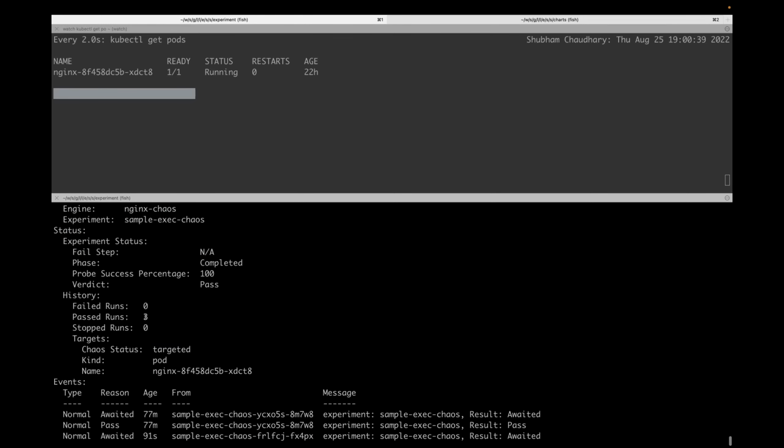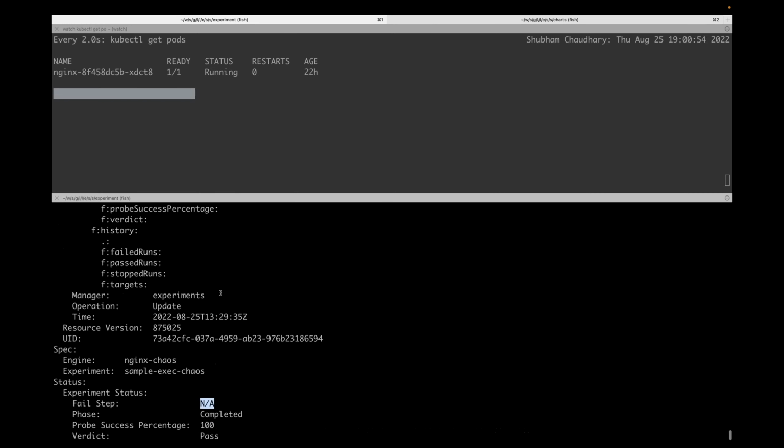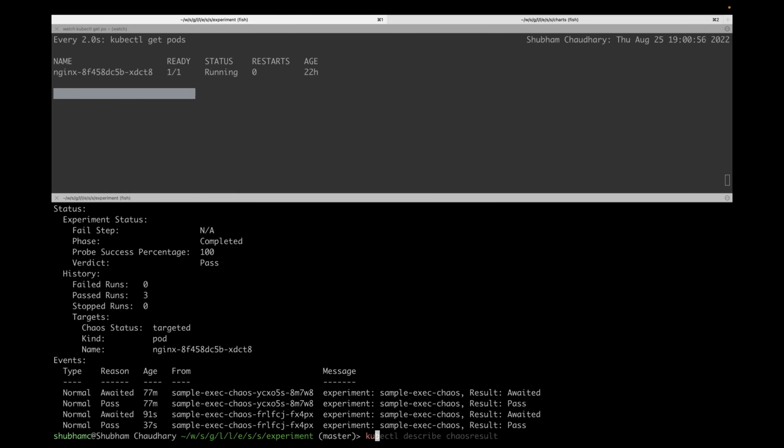Here you can see the history of the number of passed, failed, and stopped experiments, and the experiment's phase and verdict. If there is a probe, then the probe success percentage, and if it failed, the fail step and all the details. We also keep updating the chaos engine with all the details.